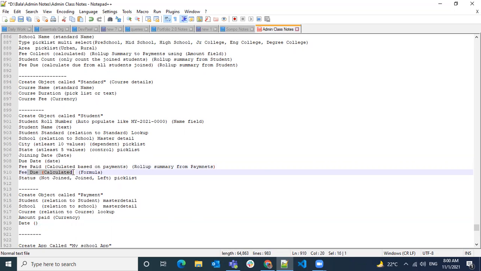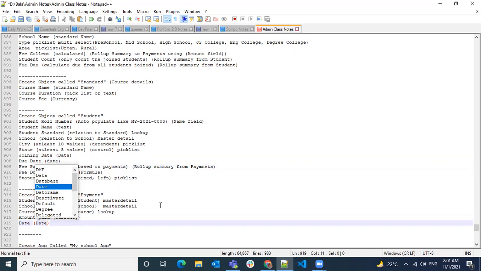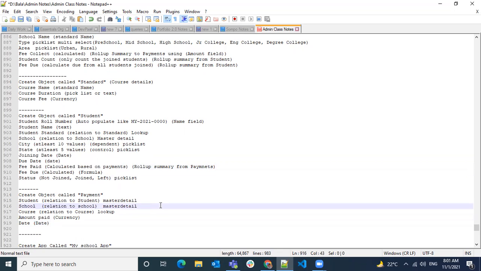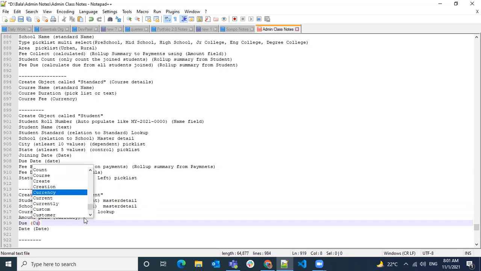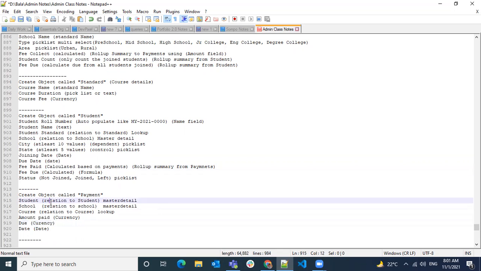So I made a separate field in the payments. Amount paid is there. So amount due, I also created another field. I used that amount due field to calculate this fee due. Okay, so you created it using roll up. So one more field on the payment saying the due amount. You made it as a currency, and whenever there is a payment record you're creating, you're going to fill both amount paid and amount due, and that's also a roll up way.